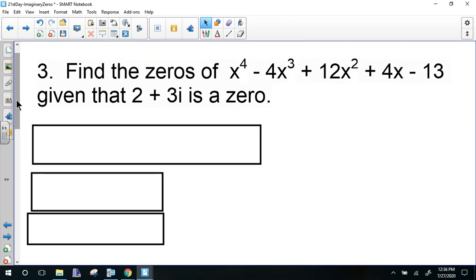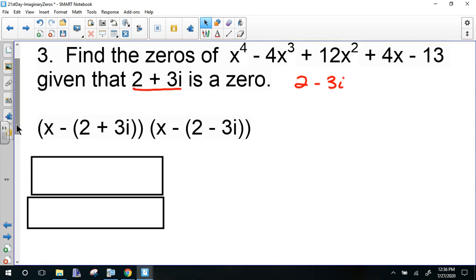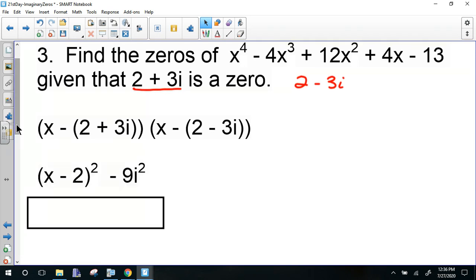All right, next one. Find the zeros of x to the fourth minus 4x cubed plus 12x squared plus 4x minus 13, given that 2 plus 3i is a 0. Well, if 2 plus 3i is a 0, 2 minus 3i is also a 0. So there's our two zeros. We multiply them together